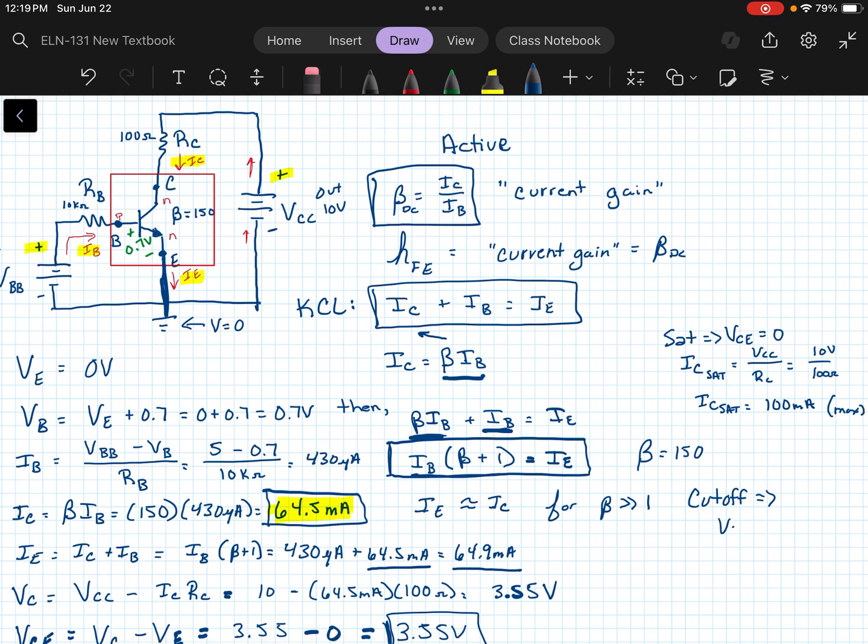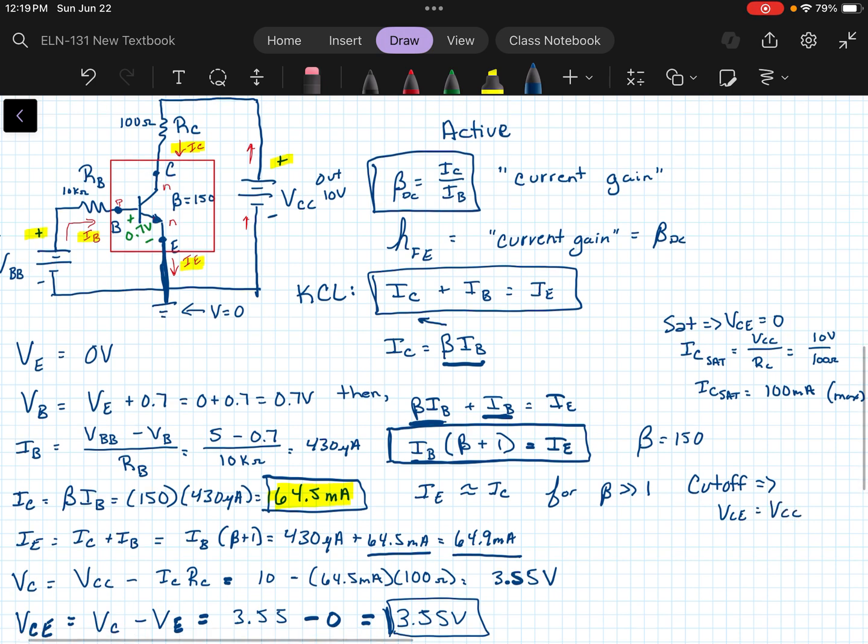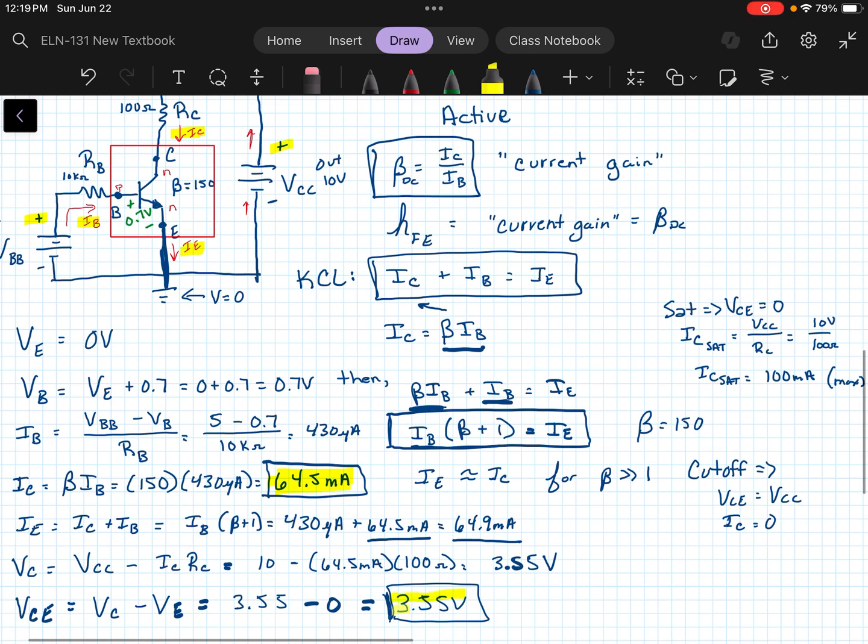So that means VCE would equal whatever VCC we're applying at the collector, and that's not happening. We would also see an IC of 0. So when we see that our VCE is well under the cutoff voltage, and that our IC is well under the IC saturation, we see that we are operating in the active or linear region